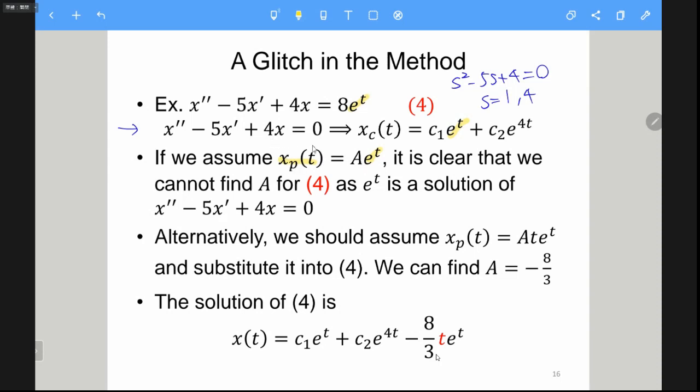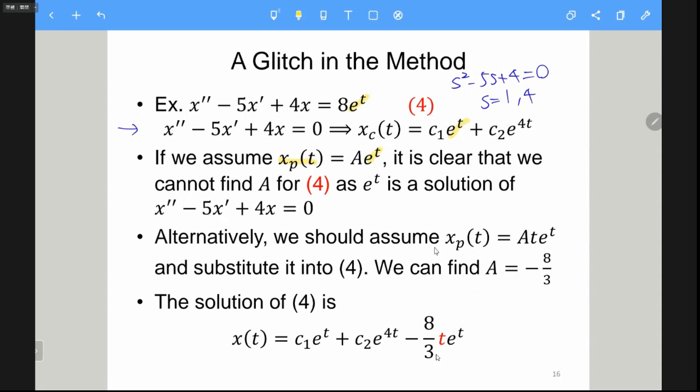So if you make this assumption, it's clear that we cannot find A, as exponential to t is a solution to this homogeneous equation. So alternatively, we should assume xp of t to be this one and substitute it in. We can find A to be